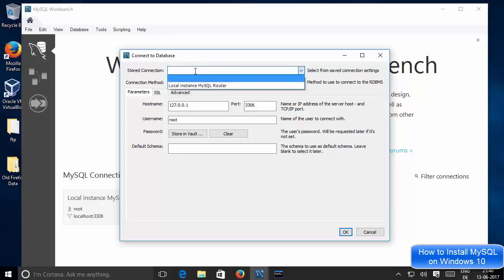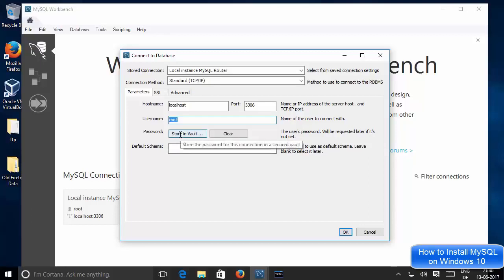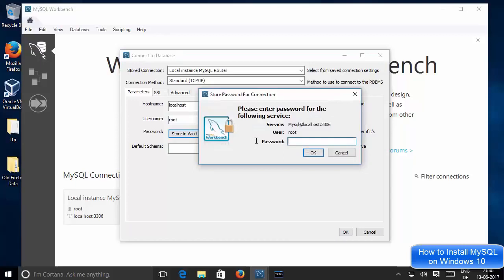So just select the one which you have, which is the local instance of MySQL, and then the host name is localhost, username is root, and password. So password, whatever I have set for my root username. So I will just give that password and then click OK.